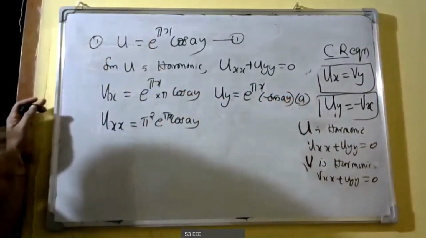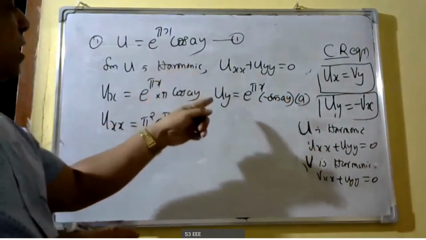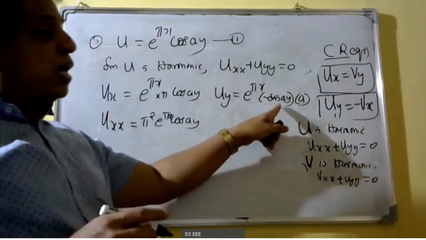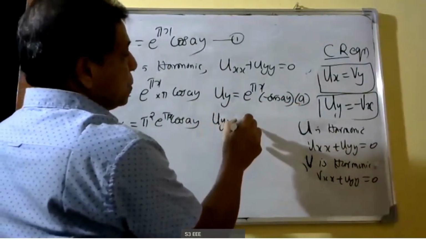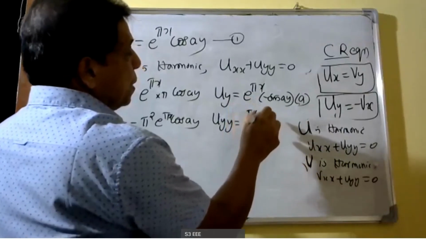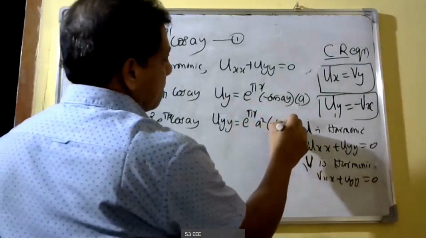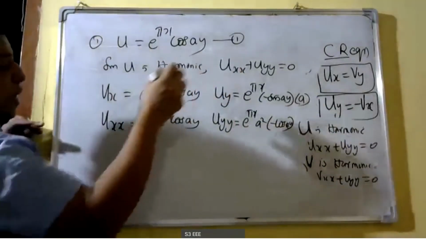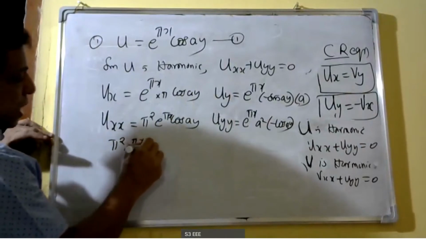When we partially differentiate with respect to y, uy is e raised to pi x into minus sin ay into a. Uyy is equal to e raised to pi x into a square into minus cos ay. Given uxx plus uyy equal to 0, therefore pi square e raised to pi x cos ay